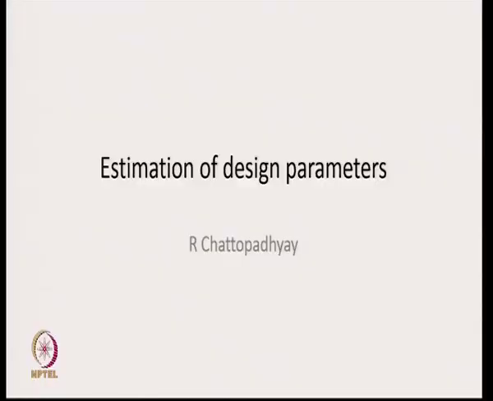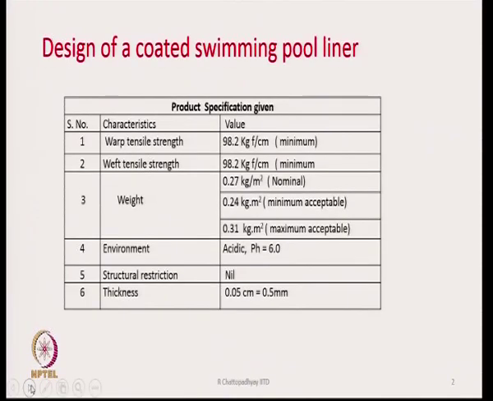Now, we are going to discuss estimation of design parameters. So, let us take an example and try to understand how we can calculate some of the design parameters when the specification of a product is given, especially the performance specification. Let us say the product specification is given like warp tensile strength 98.2